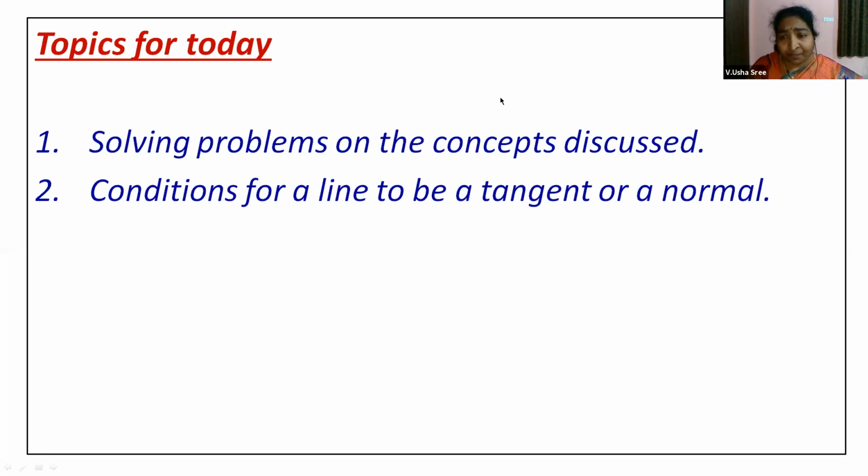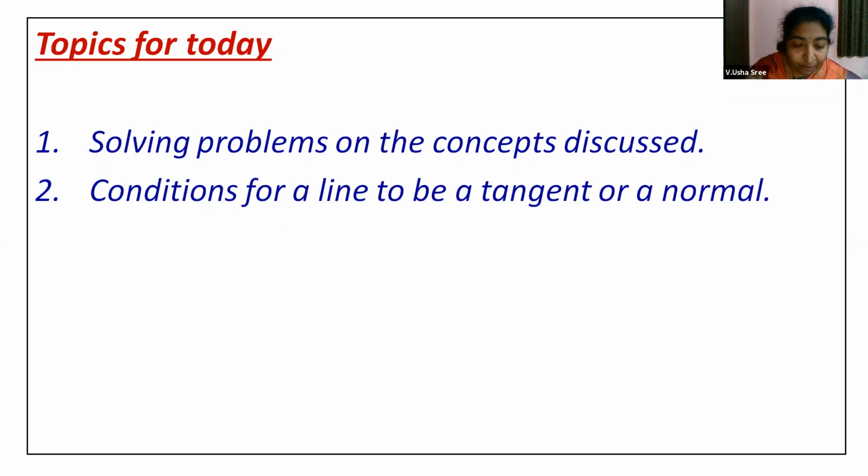Then what is a normal? Normal is not a new word to you, isn't it? You're familiar with this word also. Normal is a line which is perpendicular to the tangent in simple words. If you know the tangent equation, you can also calculate a normal equation. Now, suppose if you have a tangent equation as ax plus by plus c equal to 0, a standard straight line equation, then the normal will be perpendicular to it. That means it should be in the form of bx minus ay plus some k equal to 0. Right? Based on this very logic, we will try to build up the concept of tangent and normal conditions for an ellipse.